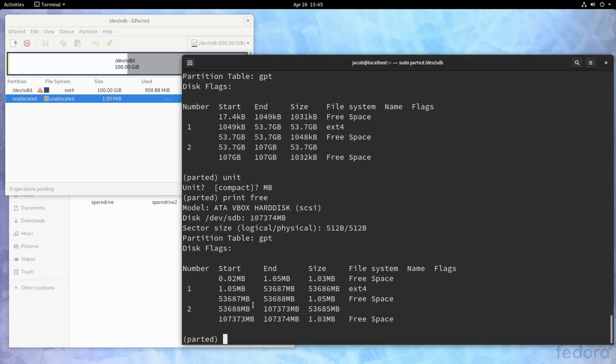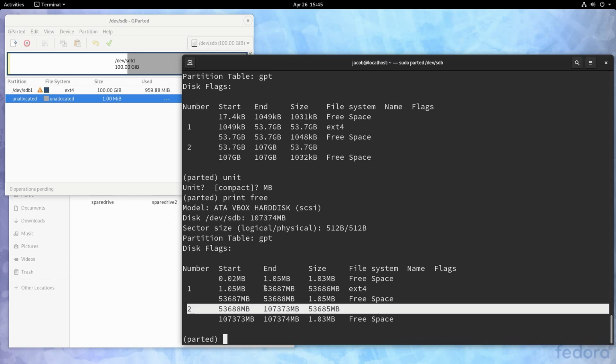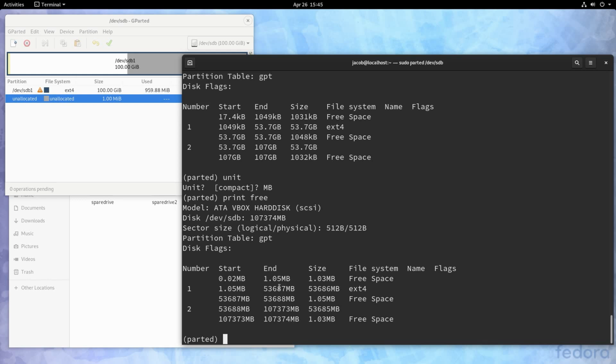So we can't resize a partition from the beginning of the partition. That wouldn't be very useful because the file system, when you resize that, is going to stick to the beginning of a partition anyway, so you'd be losing data if you resized a partition by moving its start sector up. And there are ways to tell the file system to move, and that's what gparted will do. But what's simplest here is to delete our second partition. Once again, we'll make the first one. We can expand it very easily. Just move the end a little bit forward, and then we'll make the second partition over again in the remaining space. So we're going to type rm 2